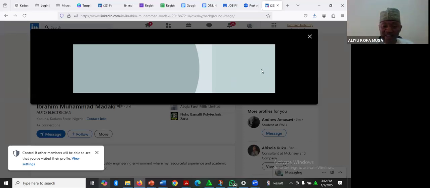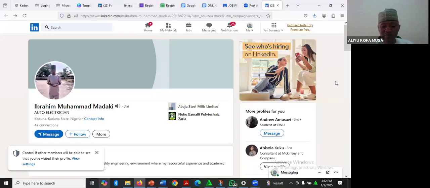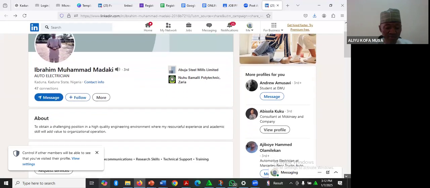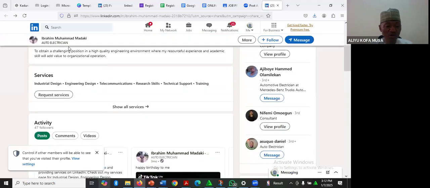So you need to make every utilization of every aspect provided by LinkedIn. There is nothing on LinkedIn that is not needed. So you can see how Ibrahim's LinkedIn page is. Though I don't want to talk too much, because I want to assist you next. You can see the second element, about you, to obtain a challenging position